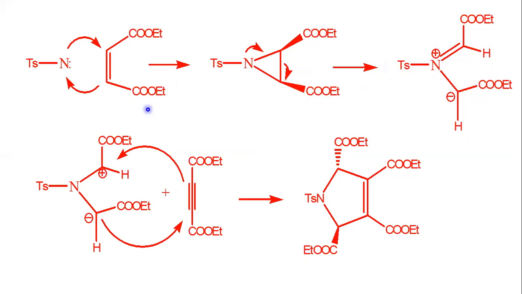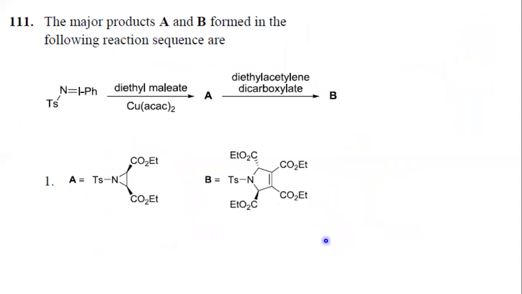Once this is produced, it can be taken as a 1,3-dipolar intermediate, and when diethyl acetylene dicarboxylate is treated with this, the pi electrons will make a bond here, and these electrons will again make a bond here in this system. While doing so, these are the substituents which are inside of the chain which could undergo the cycloaddition reaction. Then these two will go up, these two will come down. That is what is shown here. So the product formed here is